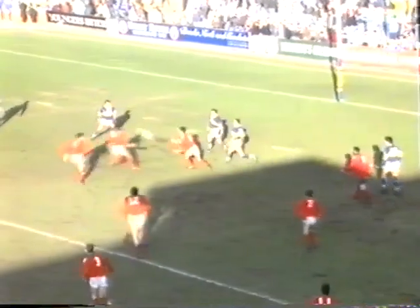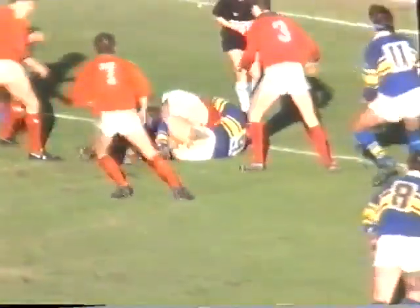Broadbent, a mighty man is he. Held up some 15 yards out. Anthony Farrell to acting halfback Mark Aston. Aston, that's a good long pass to fullback Maiko, and Maiko to Leota. There's something on here, and Leota turning the ball back inside to Nickau, and Nickau held up just a yard